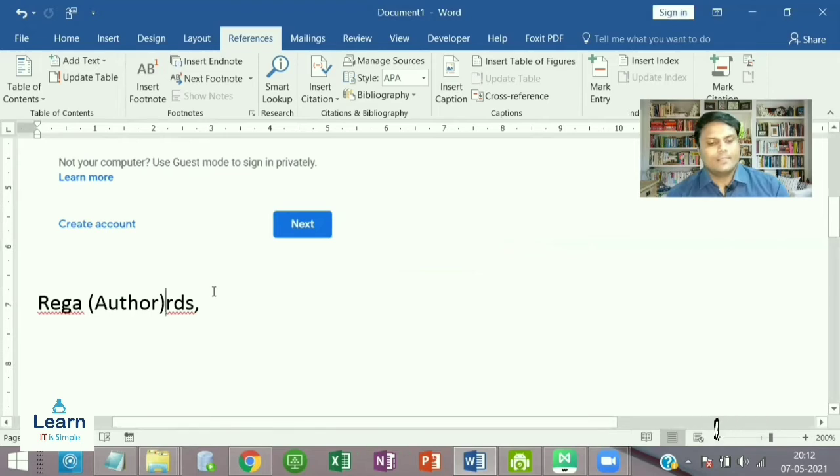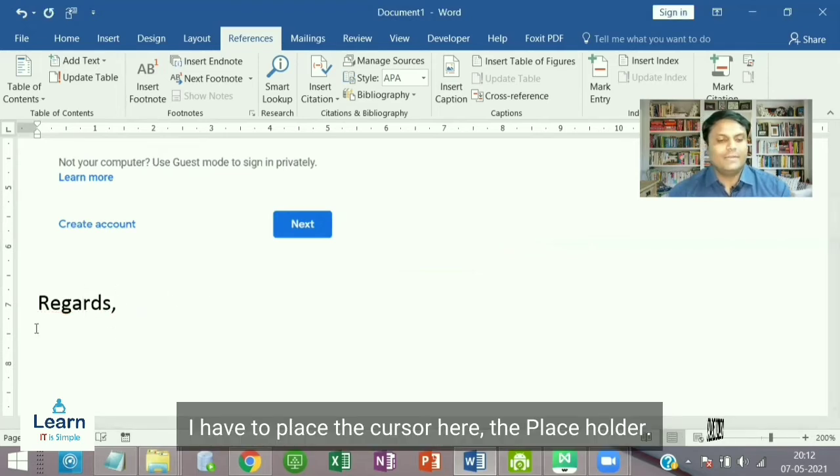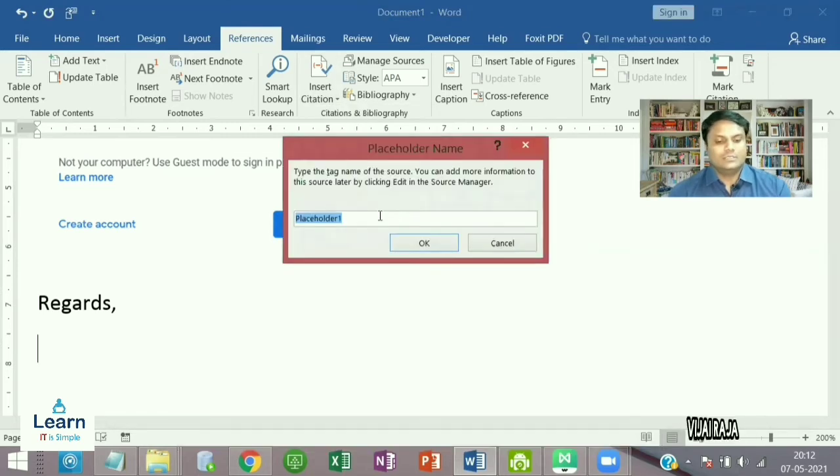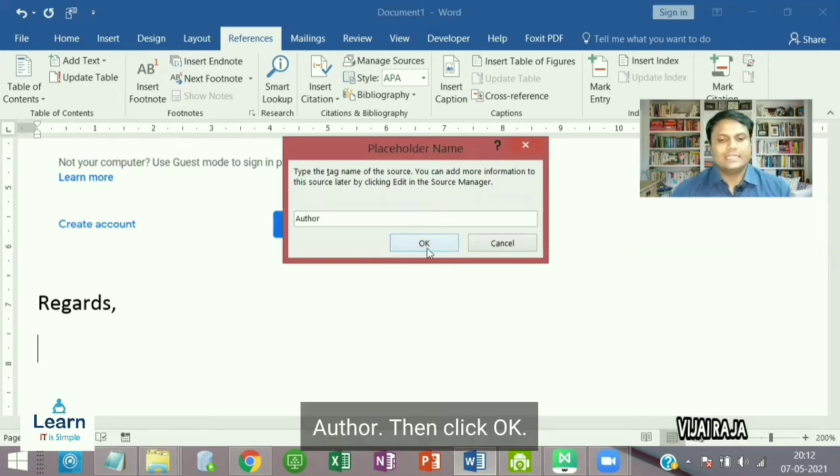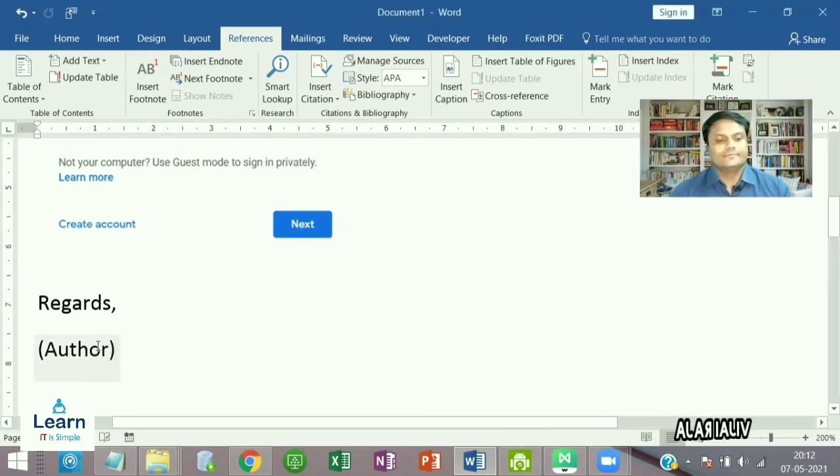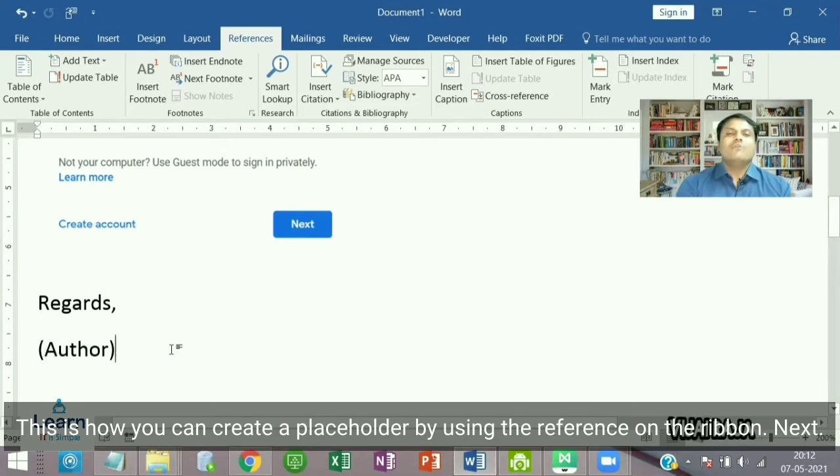Okay. Sorry. I have to place the cursor here. So insert, add placeholder, author. Then click OK. This is how you can create a placeholder by using the reference on the ribbon.